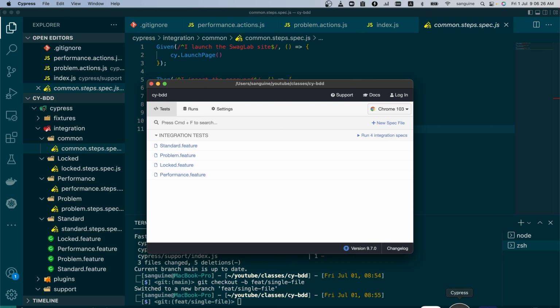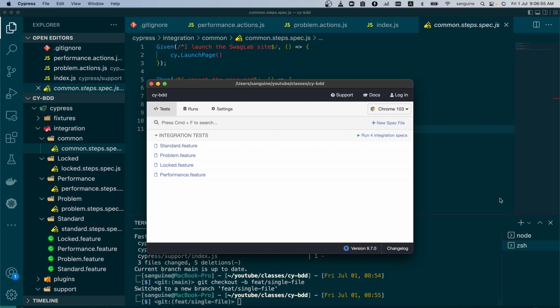So in the last video, which I recommend you watch first, I talked about creating a branch for every update that we are going to be making moving forward. In the last video, we've already pushed the multiple files scenario into our Git repository. So right now what we'll be doing is creating a single file